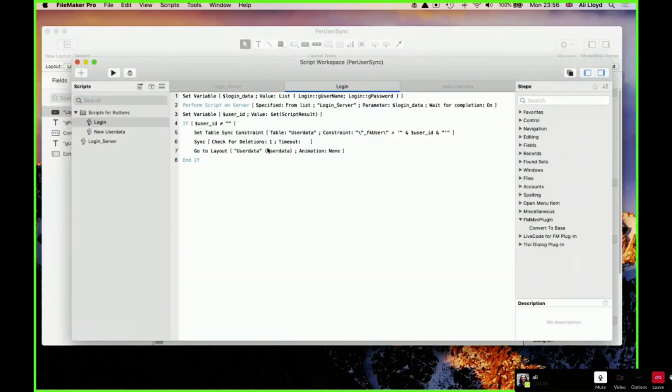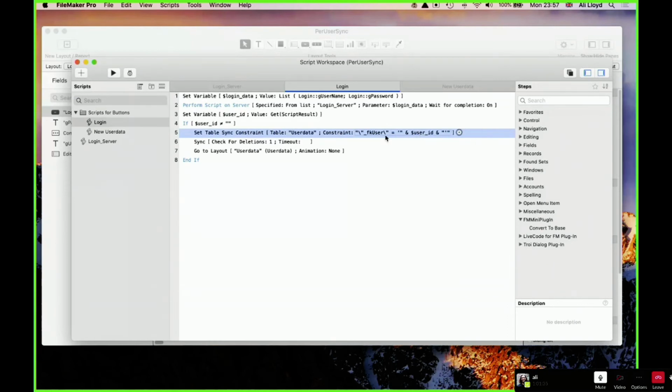So how we would restrict the records on the client here is that user ID is the foreign key associated with that user, and we just set a sync constraint on the user data table, and the constraint is that the FK user field is equal to that user ID.